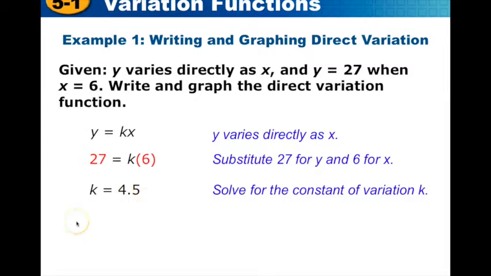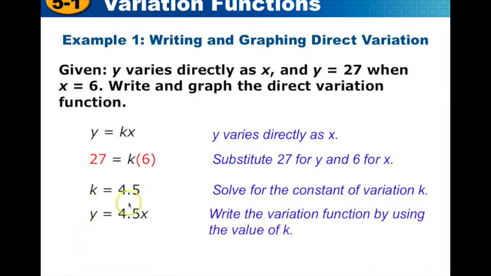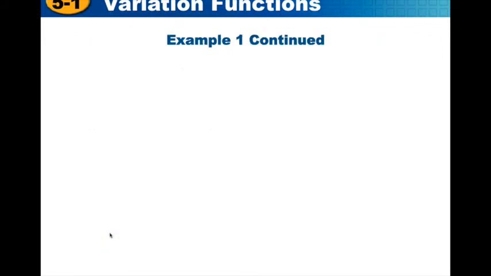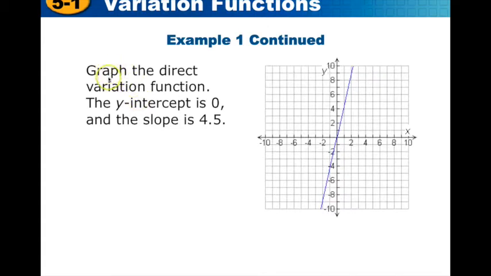Once you have the value of k, you're done. You can go back and write your equation, y equals 4.5x. Now let's see if we can graph that. In order to graph it, well, we know the y-intercept is going to be 0 because there's no b. That's always going to be the case with a direct variation graph. They go through 0. The slope is 4.5,